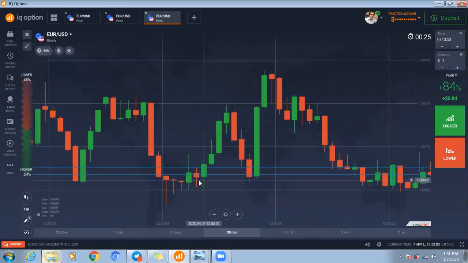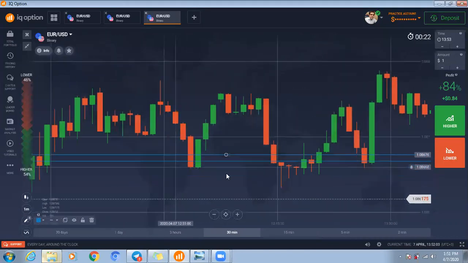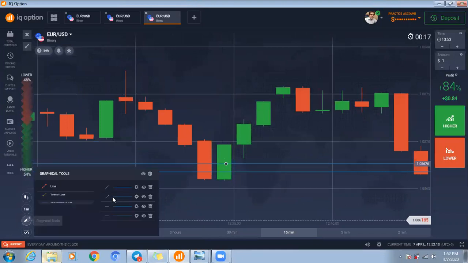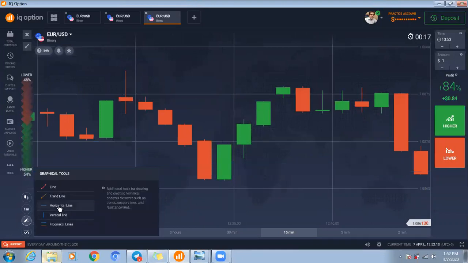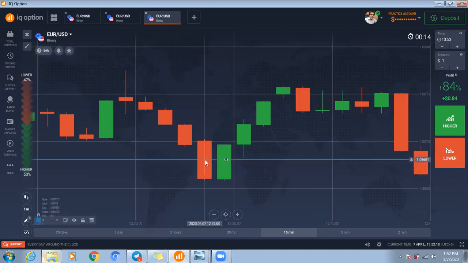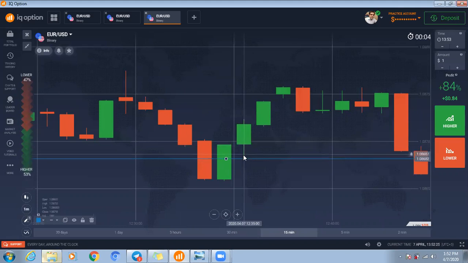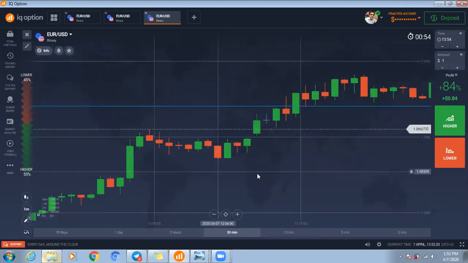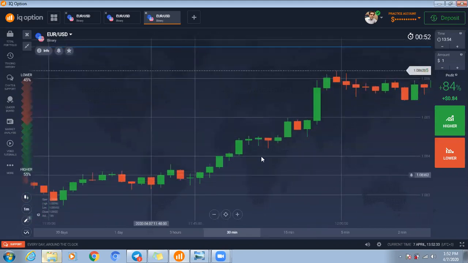We are trying to find the correct dark cloud cover and piercing line pattern. This is the piercing line pattern. You can say this is the piercing line pattern. The 50% level is crossed by this candlestick. I think this is the 50% level. The next candlestick comes down, touches the key level, rejects from the key level and goes up. You can trade this candlestick and you can trade this candlestick also. This is a live example. And we are finding other examples.